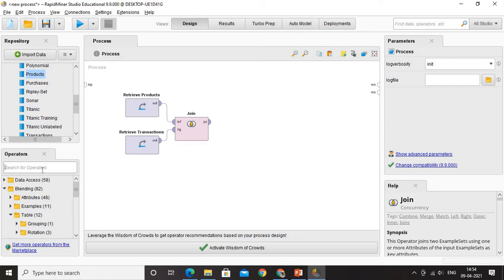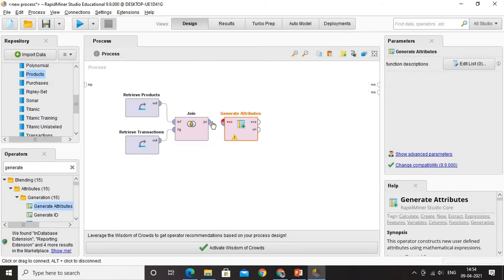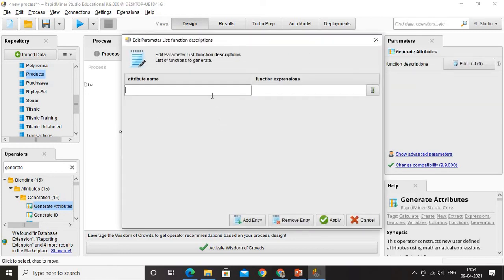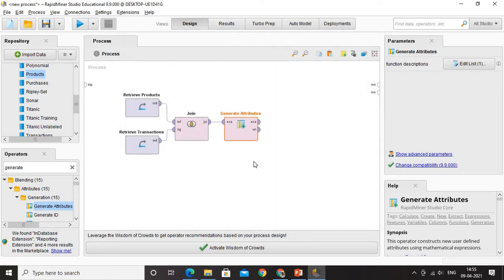For that to be done, I need to first use something called Generate Attribute, and I drag and drop it here. I connect it. Without connecting, things don't work here, so we will have to go by that. I am going to multiply two things: one is amount, another one is price. The price was available with the product, the amount was available with the transaction, and I am going to multiply them. Now double click it. Here I need to mention the attribute name which I want to be included in the new data set. I name it as total. And how do we get it? When I multiply the amount with price, I get it. Am I right? So I apply, and that's all, it is done.